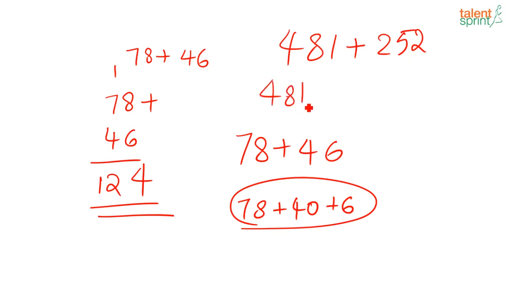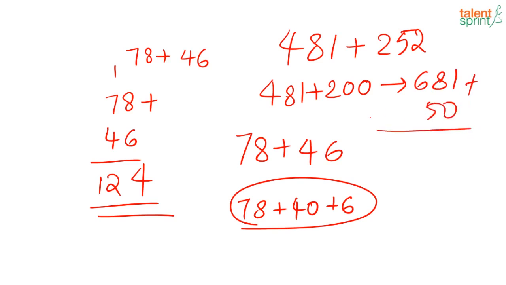See, if it is 481, you do 481 plus 200 in the mind, so you know that is 681. Now again 681 plus 50, do it in your mind, no need to write it down. I am just writing it down so that it is clear for everybody what we have done. So that is going to be 731, correct? Again 731 plus 2 will give us 733. So that's how you go about solving the question.